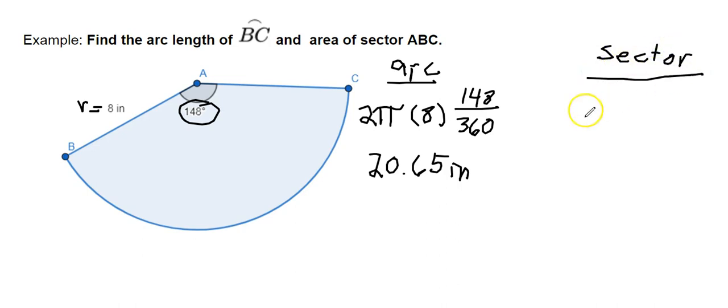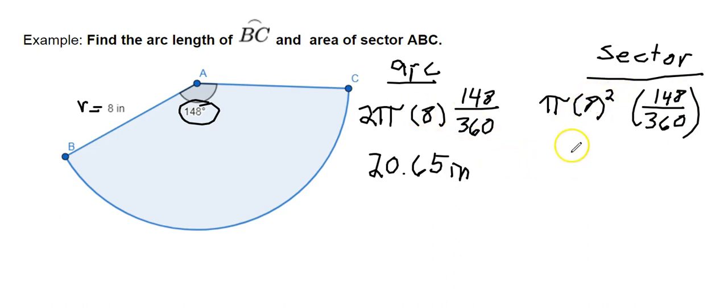Looking at the sector, now I've got pi times my radius squared. So 8 squared. And again, I have 148 divided by 360. Make sure you don't get 16 for this. Remember, you should be getting 64 for this. When you do that, you multiply pi times 64 times 148 divided by 360. You end up here with